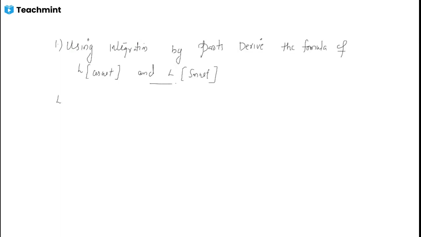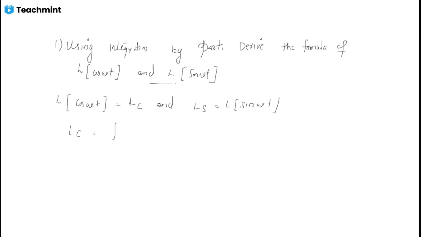Okay, L of cos omega t, we can give the short letter LC. That is equal to L of cos omega t, and L of sin omega t we call LS. Okay, then LC, which is L of cos omega t, equal to